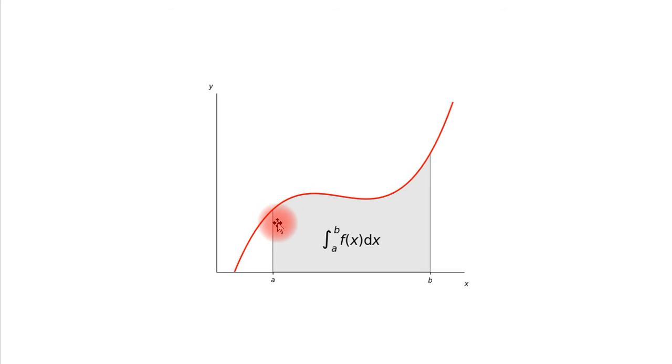This is the first rectangle, f(x) dx, another f(x) dx, another f(x) dx, another f(x) dx. So all the f(x) dx are calculated from A to B, and this geometrical idea means the area under the graph from A to B, when x ranges from A to B. The area under the graph is represented by this portion, and mathematically this is called integration from A to B of f(x) dx.